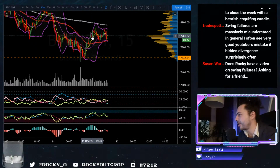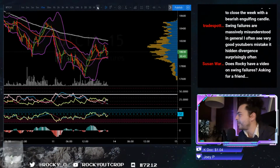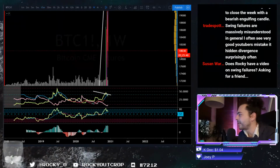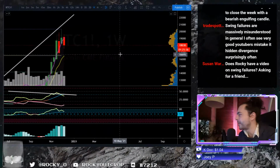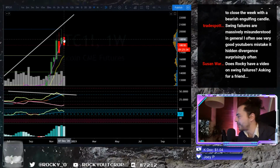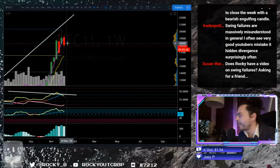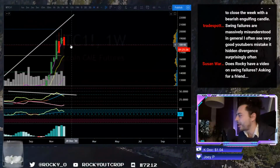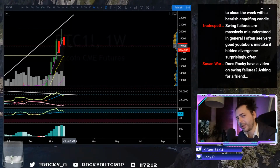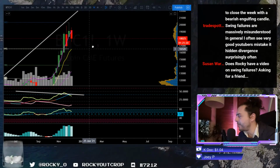CME looks like it's going to close the week with a bearish engulfing candle, says a viewer. So maybe before we look at the 15-minute chart, we could take a quick look here at the CME's weekly chart, since we are coming to a weekly. I would have gone to do the weekly stuff later, but sure. Unless we see the price move back up above that 18, another $300 on the CME in the next few hours, we're definitely on the way towards doing that at the minute, with this satisfying move back into